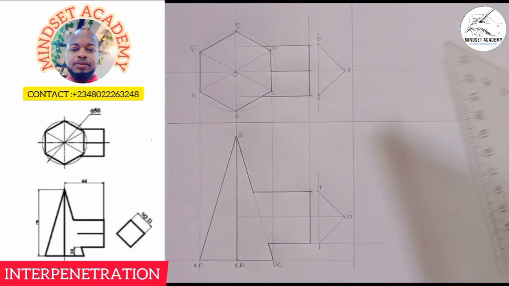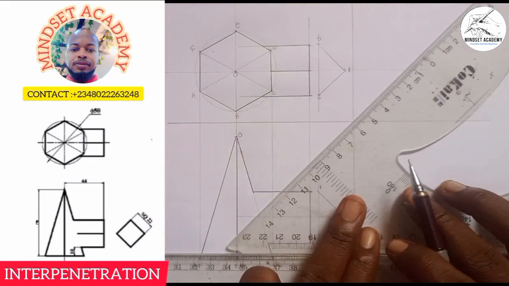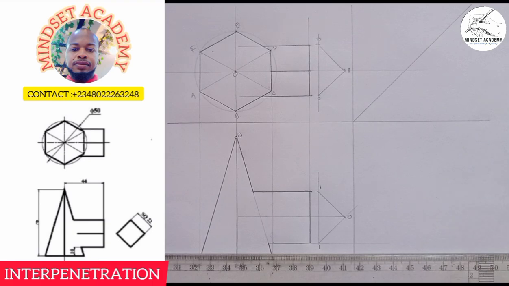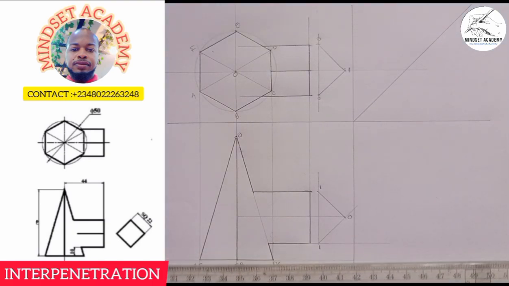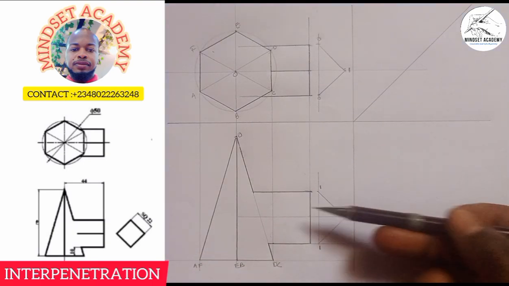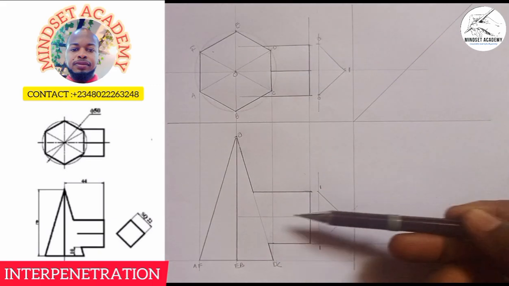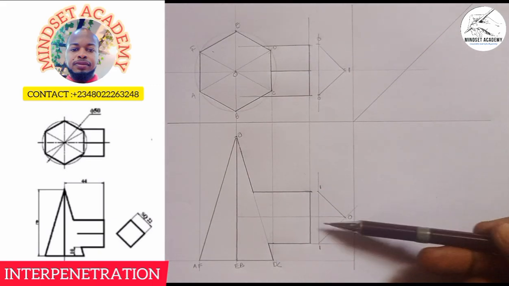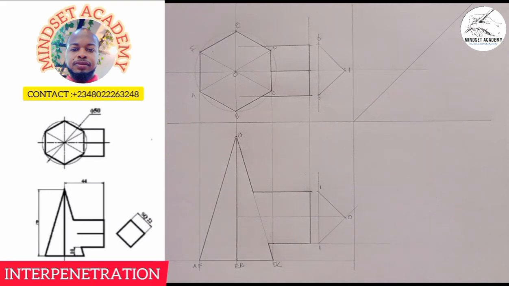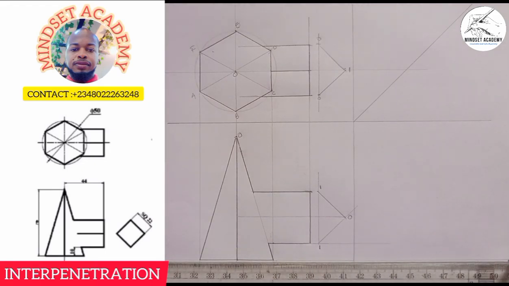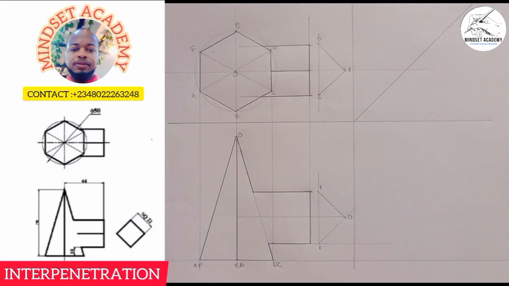Can you see that? Then on this line, I will draw a 45-degree this way. Can you see that? So when you're looking at this figure, we call it the end view. This is the plan. This is the end view. When you're looking at it from this side, we want to draw the end view first of all, right? What are you going to see? So what I will see is, to get the base, I will extend here to here, right? And to get the apex O is where